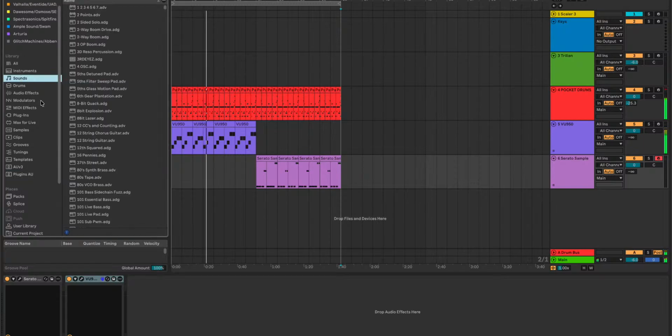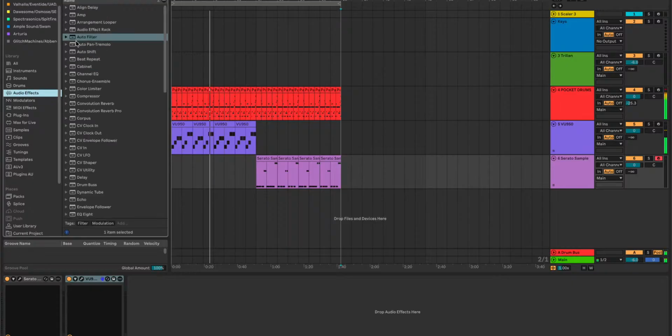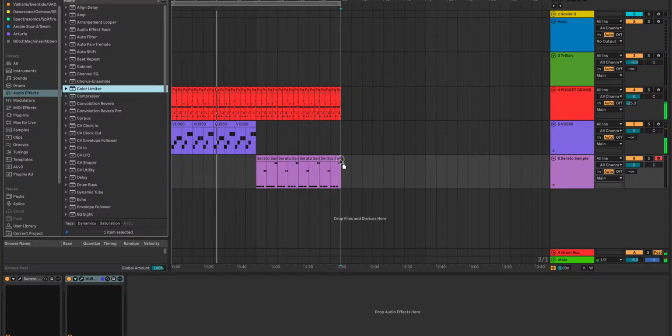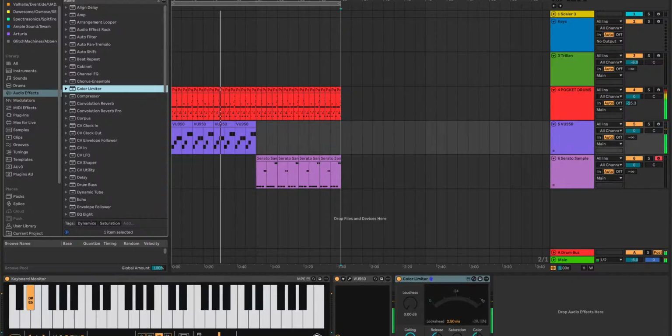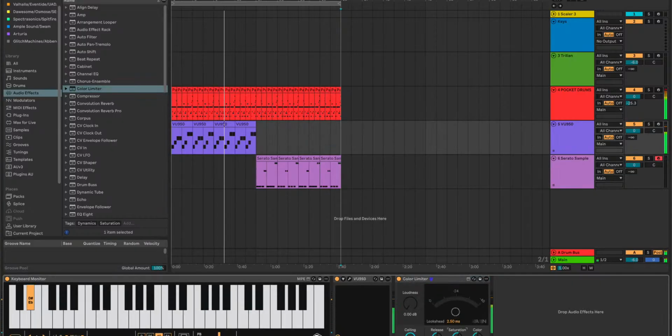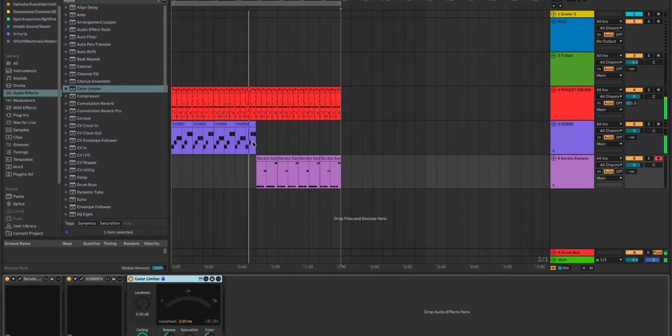And what you can do with the sound is throw yourself a little color limiter over this, and get more saturation or just bring the loudness up. I don't want to put more saturation on that sample because it's already saturated through that plugin, but this one,